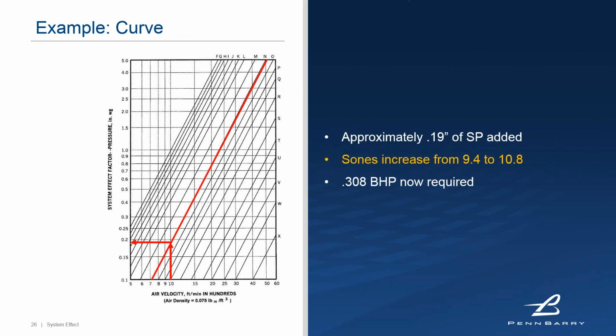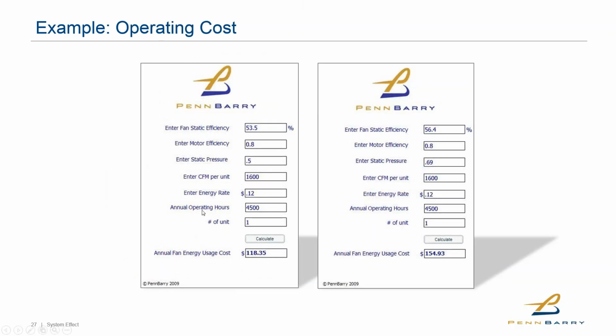So that's it. We're still talking fractional horsepower, but it's a large increase, almost a 20% increase in power consumption. And we're only talking about 0.19 inches of static pressure that changed. It doesn't seem like a lot. But when we get down to it, if we take that fan and run it 4,500 hours at a given rate, and we're still moving the same amount of air, but we've gone from a half inch to 0.69 inches of static pressure,